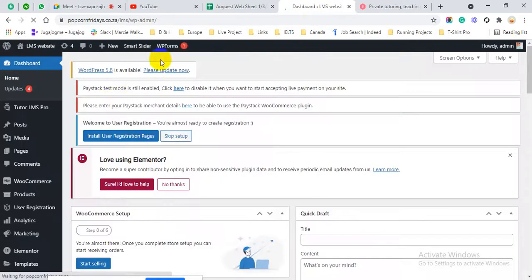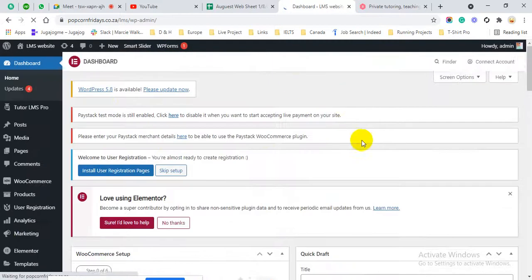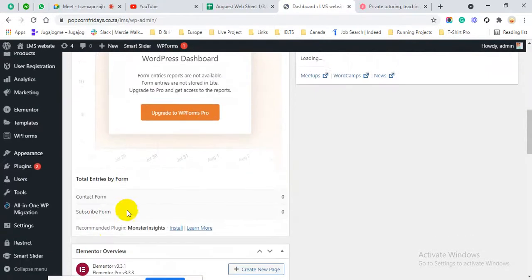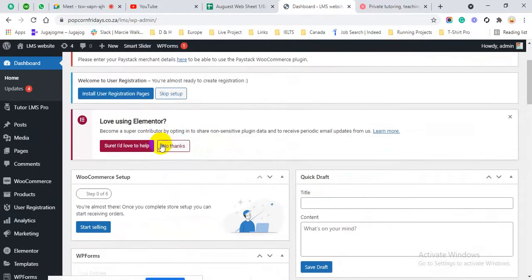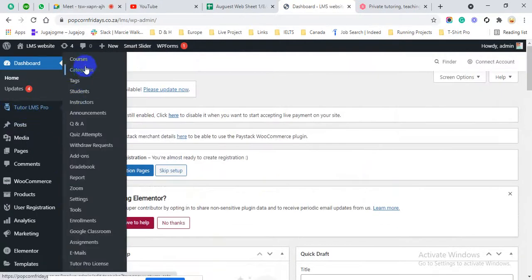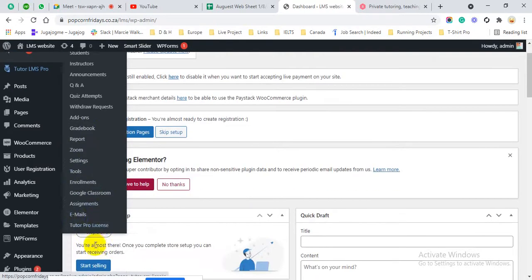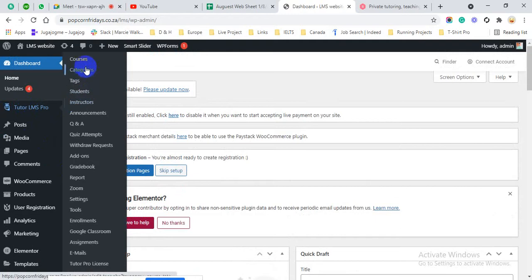He will see everything inside the dashboard, like the status of the course. The LMS functions would be here, like course categories, students, instructors, announcements, question and answer, quiz attempts, withdraw requests for teachers, add-ons, gradebook, reports, Zoom integration, other tools, enrollment history, Google Classroom, assignments, email, and these things. All the LMS features you will have.